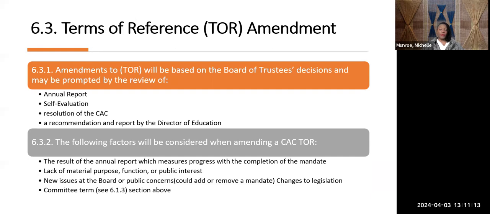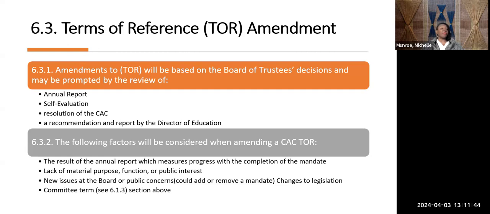This annual report is a report that CACs are required to submit to the Board of Trustees each year that outlines their activities, the self-evaluation, which is also the required tool that CACs are required to submit each year, resolution of the CAC, a recommendation report by the Director of Education can sort of instigate a review of terms of reference. 6.3 speaks to the following factors will be considered when amending a CAC, the result findings of that report,